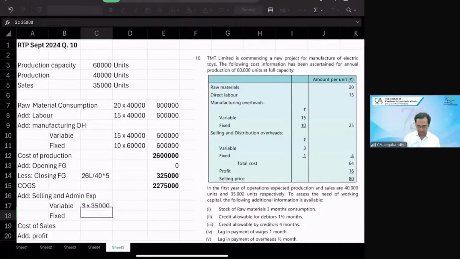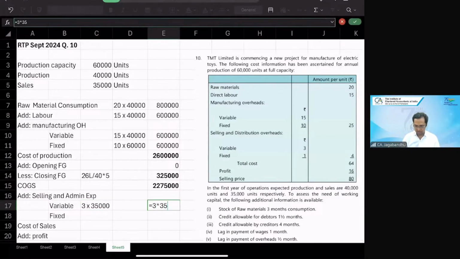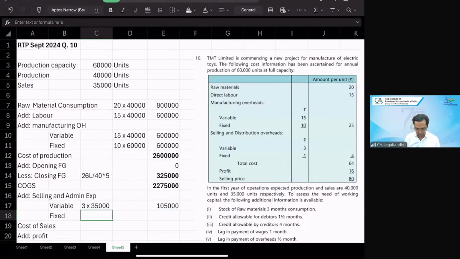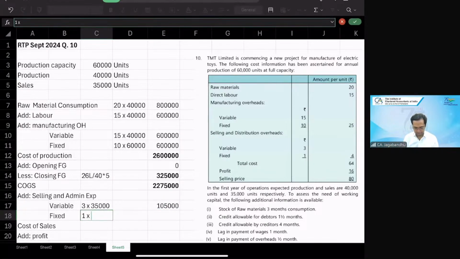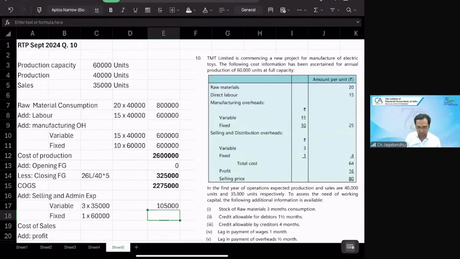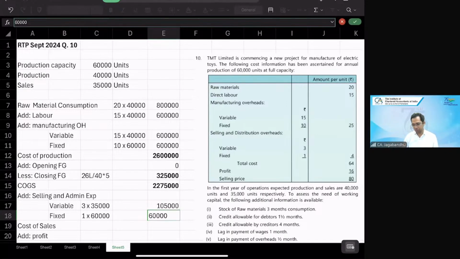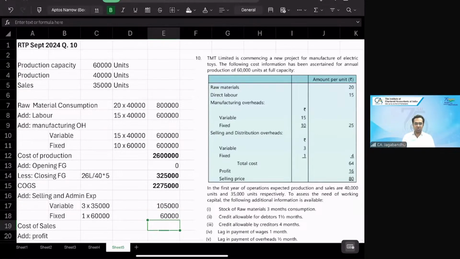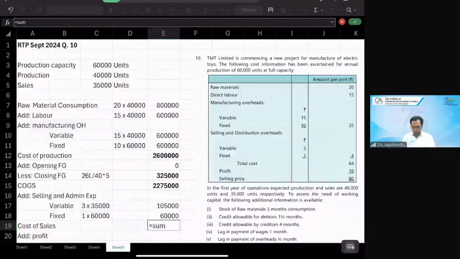Same way, variable selling and distribution overheads, it's going to be 3 multiplied by units that we are selling, which is 35,000. So 3 multiplied by 35,000, and fixed is 1 multiplied by 60,000, because when you had budgeted it, that was a total of 60,000. Now if you're going to produce or sell less, that doesn't mean your fixed cost is also going to be lesser. So we have the cost of sales